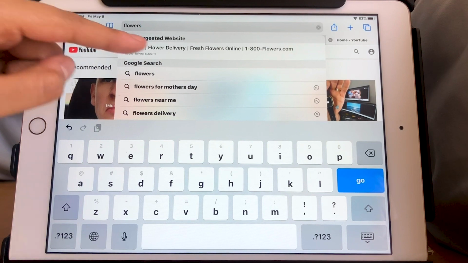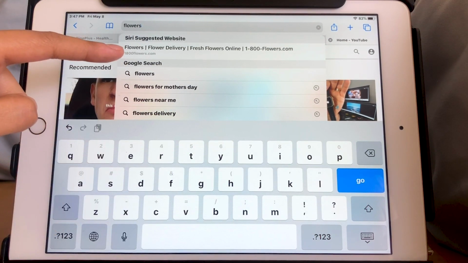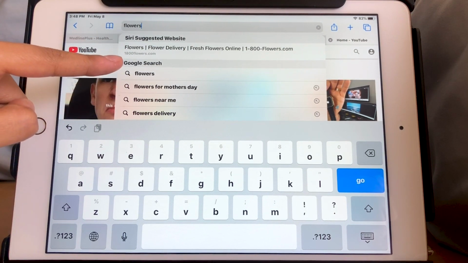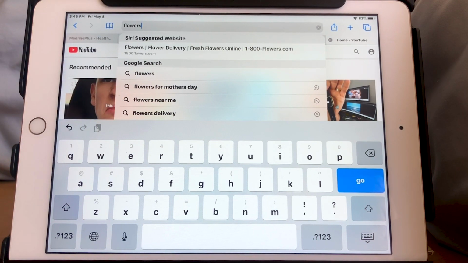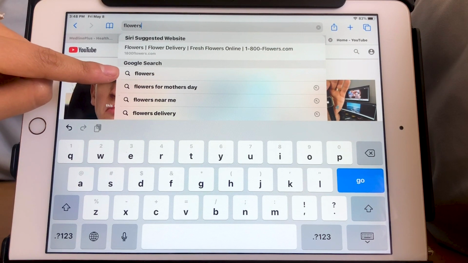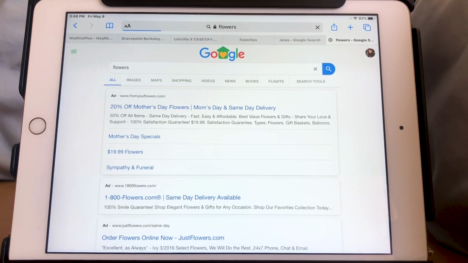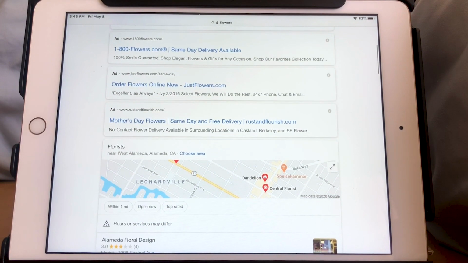Generally, if I hit go, from at least what I notice, I'm not sure if maybe this is just an error, but what I notice is that if I just hit go, it will take me to that first result. But you want to pay attention to this section of Google search. Safari works with Google to bring you to different result lists, so I'm going to tap that first one. It just says flowers. So it brings me to the website called google.com, which is a website that helps you search for the information